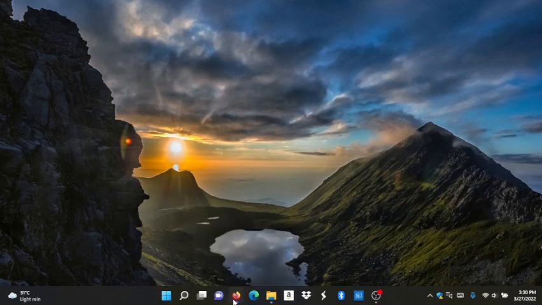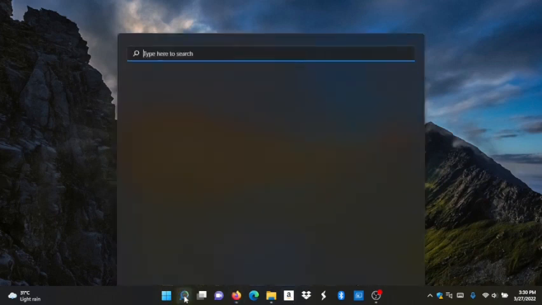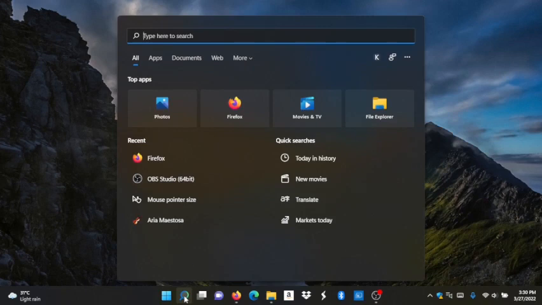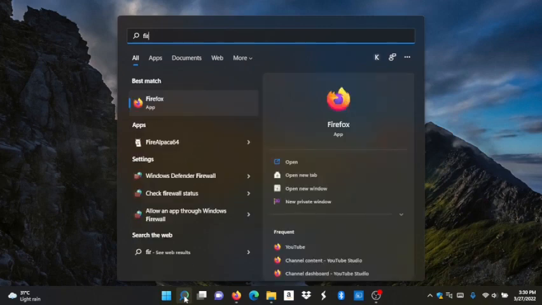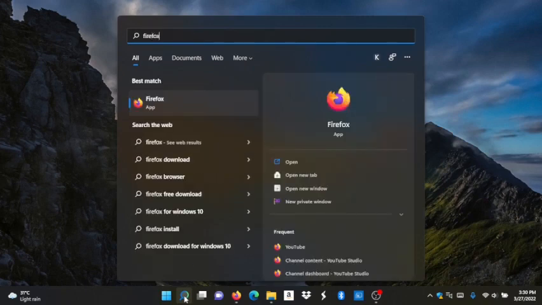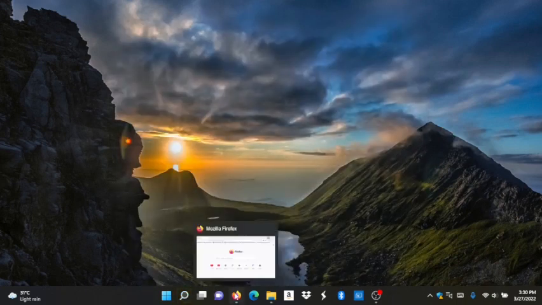is open Firefox. You can simply open Firefox by typing Firefox in the search bar and pressing on this right here. For me, I just opened my own. Opened Firefox. So